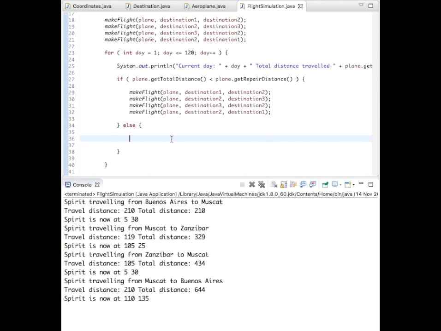So what we can do to simulate the passing of the days, to simulate the fact that the plane has gone in for repairs, is manipulate this counter that's inside the loop. We have this index variable, day, which is tracking the progress of the loop. If I want to effectively skip ahead in time, I should interact with that days variable. So I need to update that variable in some way. So I want to say day